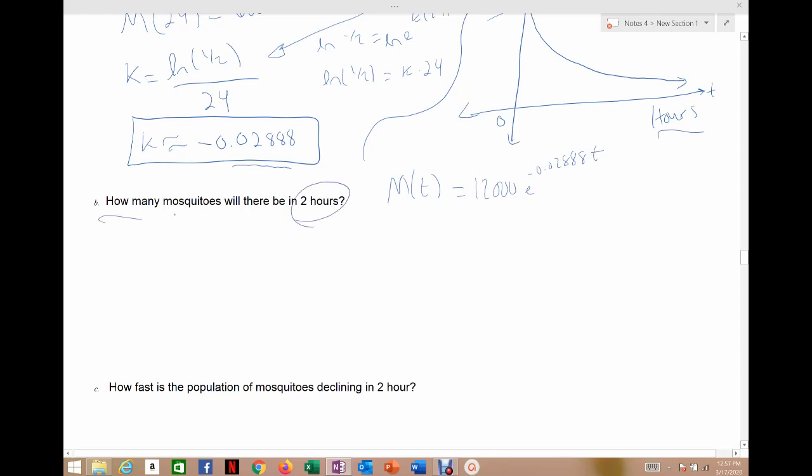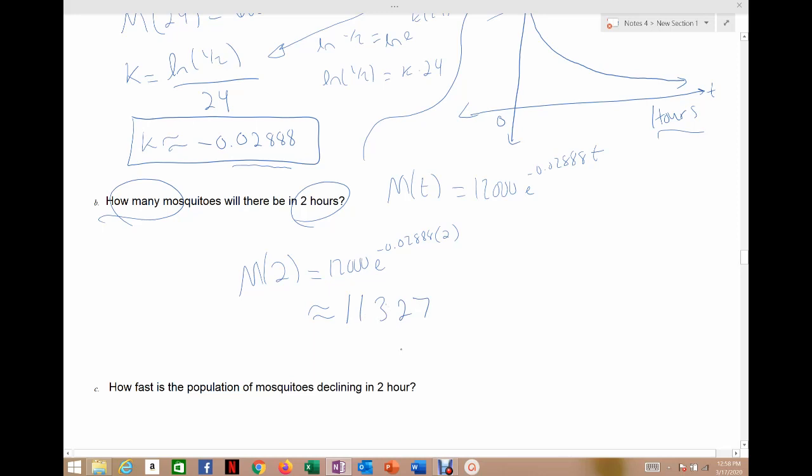Alright, so how many mosquitoes? Let's just take our mosquito function and plug 2 into it. So take 2 and plug it into the t spot of our equation. Be careful with this one because our k is such a big number. Again, no fraction of mosquitoes. I don't want 0.6 of a mosquito, right? So I'm going to round to the whole mosquito. It should come out to